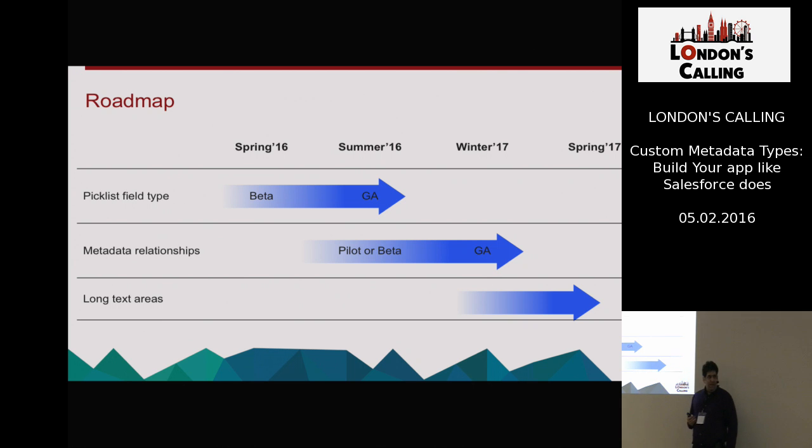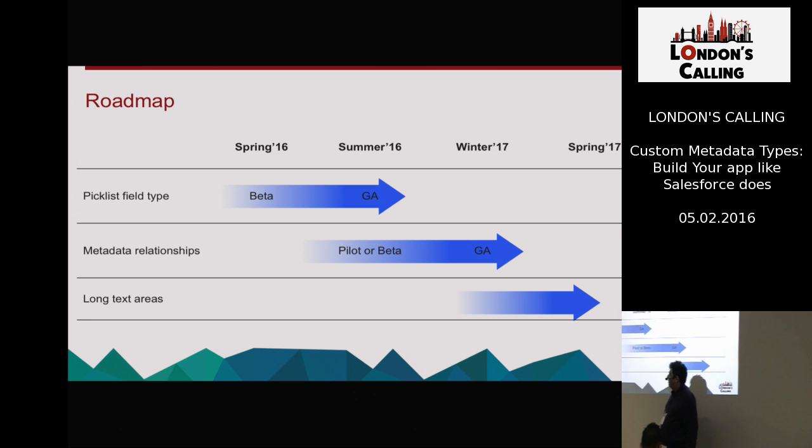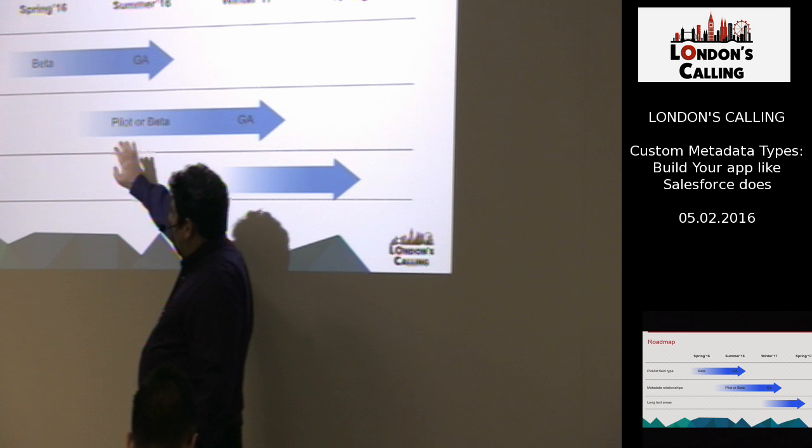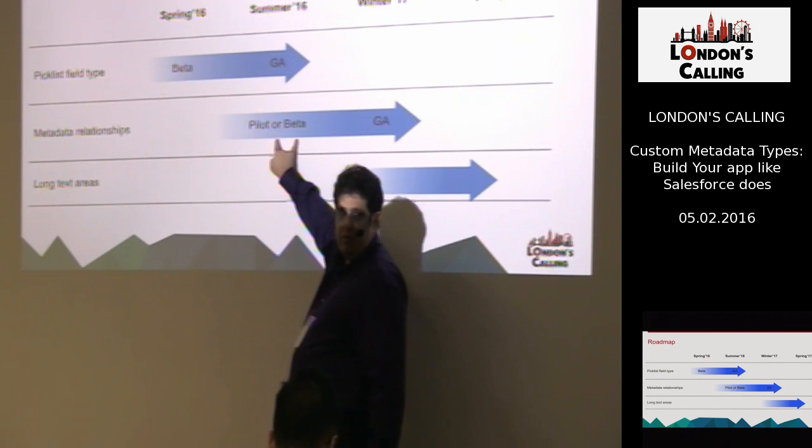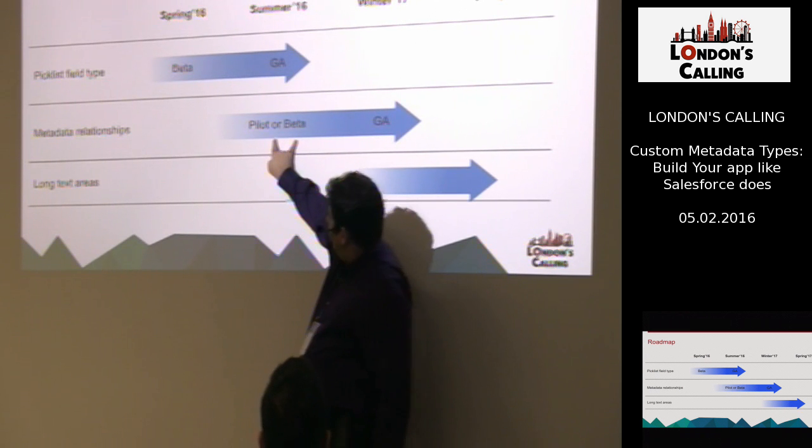Our immediate roadmap. As we said, picklists are beta. We want to get them out in summer. In case it's not obvious, roadmap equals forward-looking. For relationships, we want to at least get the bare minimum, which we're really pushing for summer, and I'm pretty confident we're going to make it, although again,